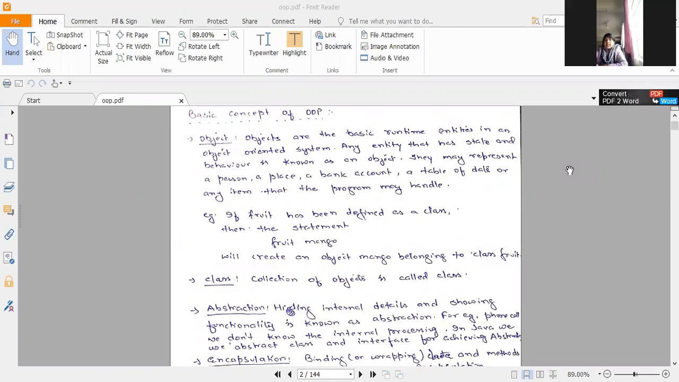Or we can say that an object is a real or abstract item which contains information, and the information is basically the attributes that describe it, and methods that allow it to be manipulated. So we can say that an entity that has a state and behavior is known as an object. They may represent a place, a person, a bank account, a table of data, or any item that the program may handle. So for example, if you're writing here that fruit has been defined as